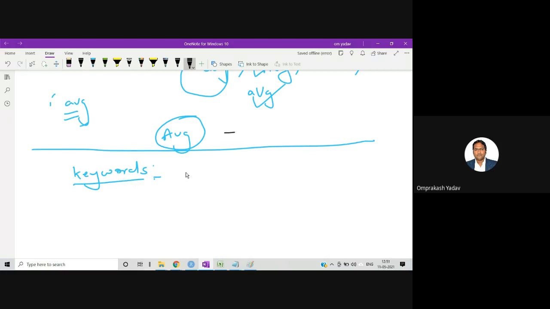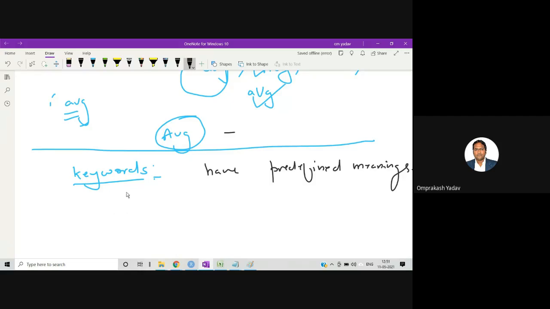Okay, so these keywords in C language have predefined meanings. That means their meaning is already predefined. You don't try to change the meaning of that particular thing. You must know the meaning of those keywords, and you have to use those keywords according to their meaning, right?